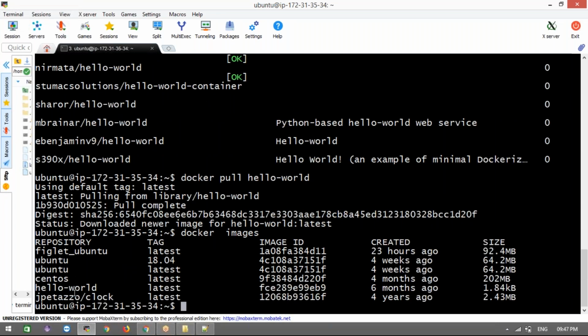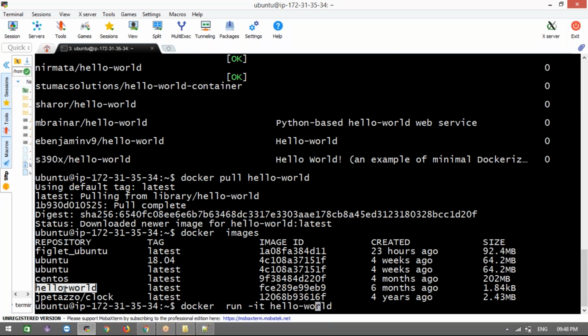How do we run it? Docker run -it followed by the image name.